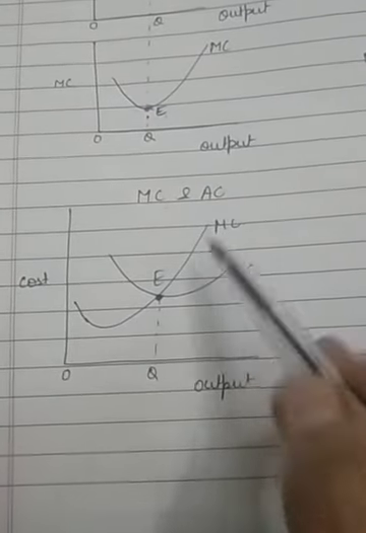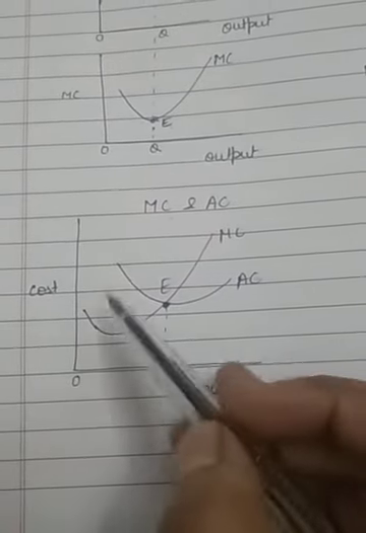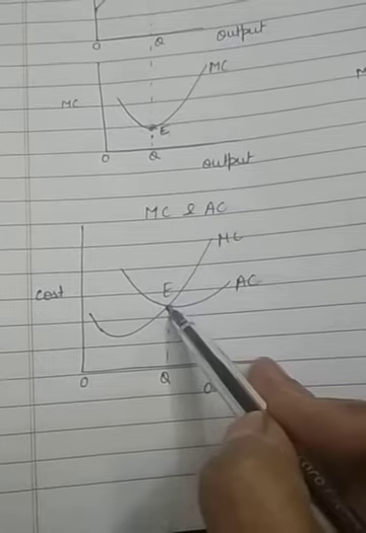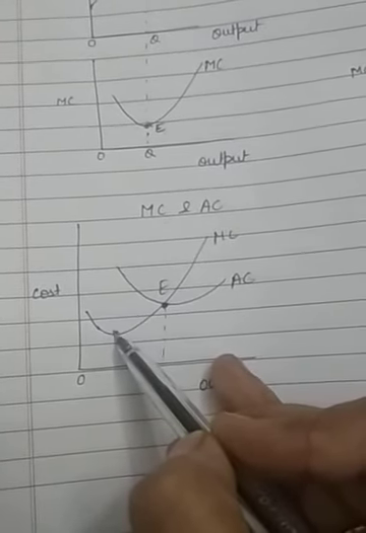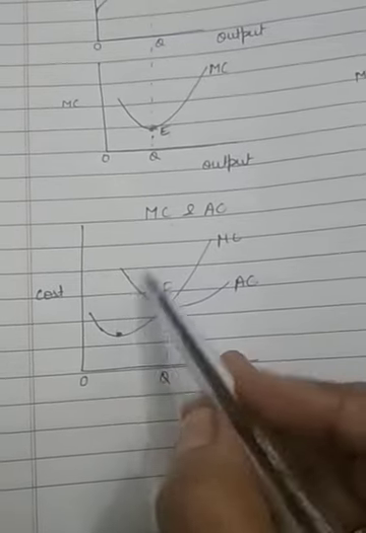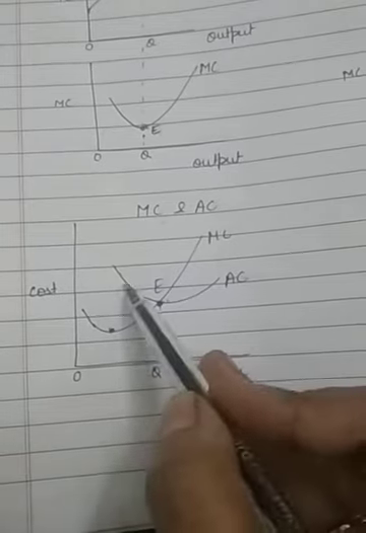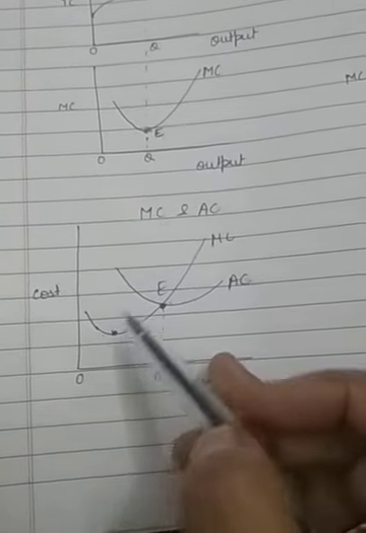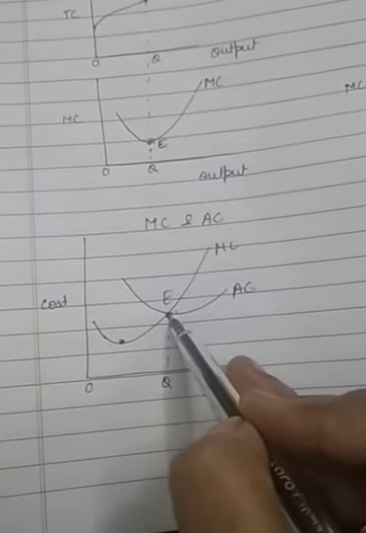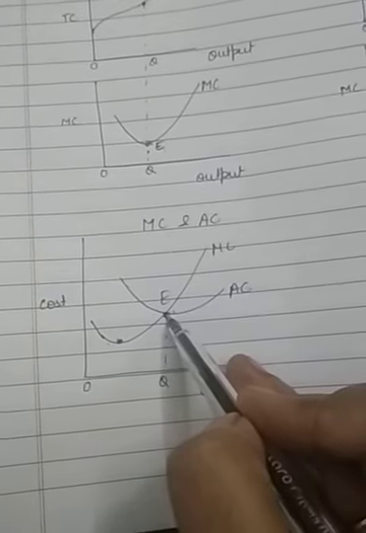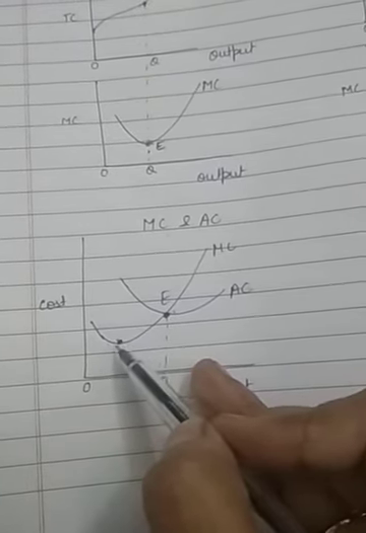This is your MC curve and this one is your AC curve. First of all, you can see that when AC falls, MC is lower. Here it is the minimum point of MC. See the first point, when AC falls, MC is lower than AC. You can see here in the diagram. In the diagram, AC falls till point E and MC continues to be lower than AC up to OQ level